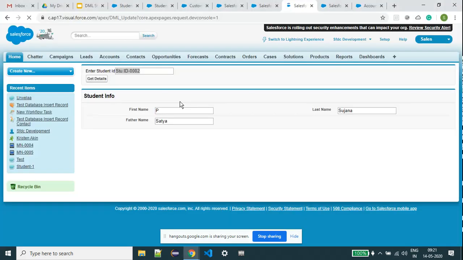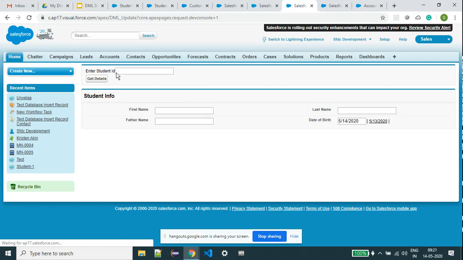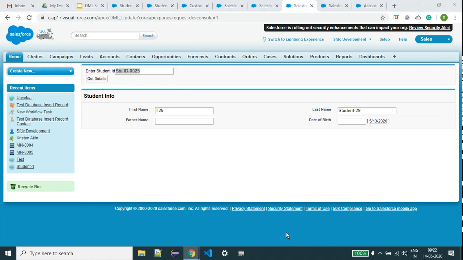So I am going to enter some student 25. I click on get details. Here the father name and date of birth are not there for this particular student. Now I am going to enter the father name, something. Father 29, just I am giving. Date of birth, something, 2000.